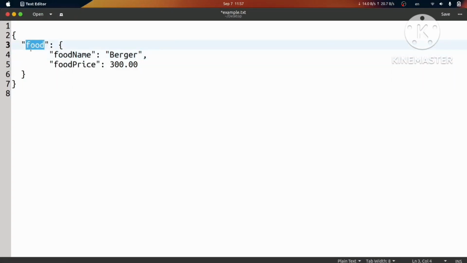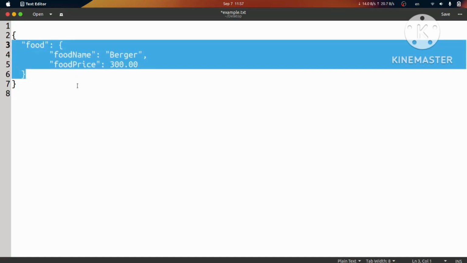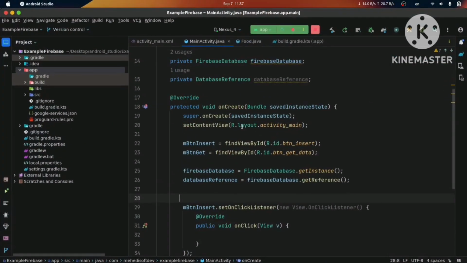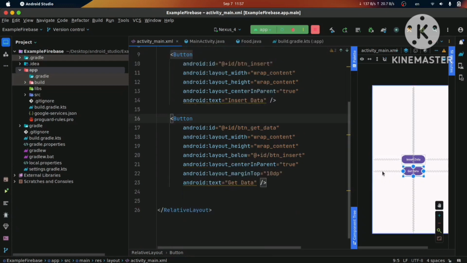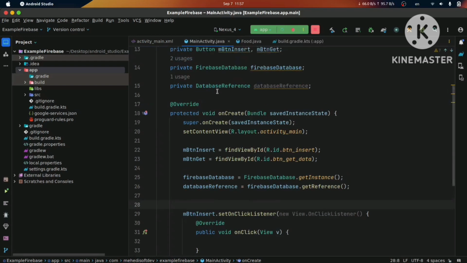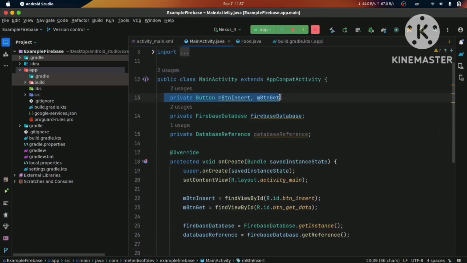Here we see there is a parent node, it is called food, and food has a node food name and food price. So we will insert look like this. For that in this tutorial scenario we added two buttons in the UI section. One is for inserting data, another one is for retrieving data, and I have taken instance of these two buttons